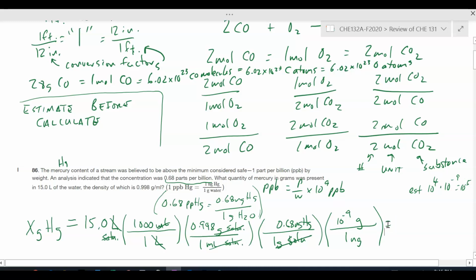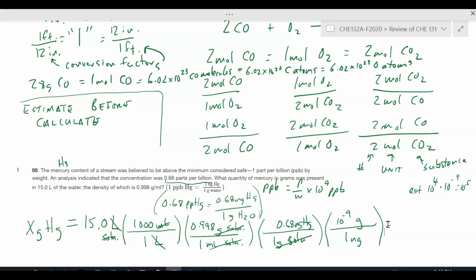If I get something close to that, I'll feel pretty good about it. So I'm getting the calculator out here. I've got 15 times 1,000 times 0.998 times